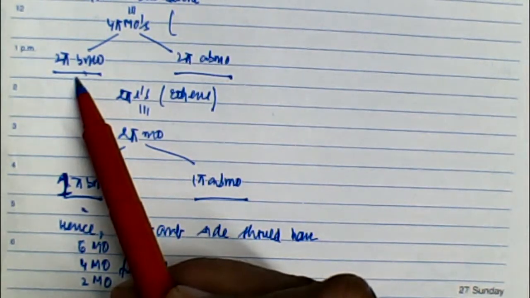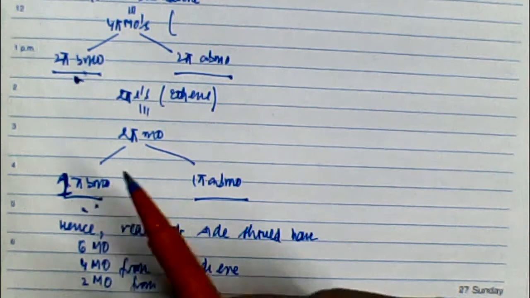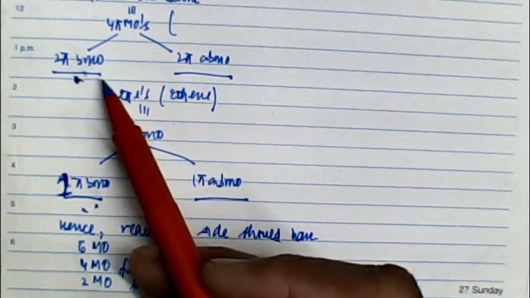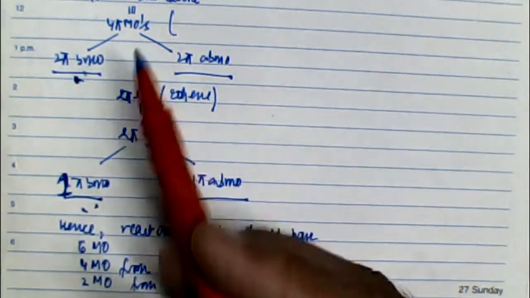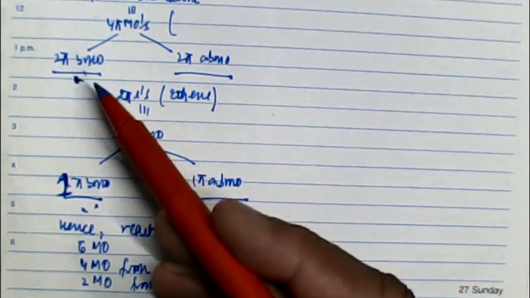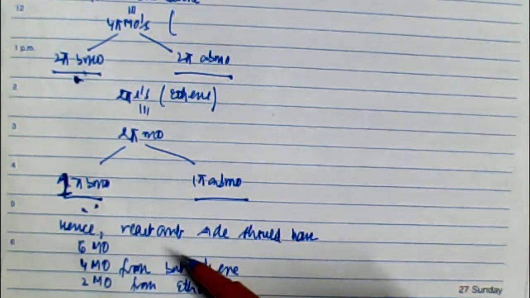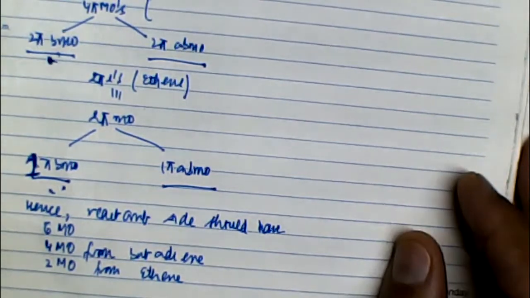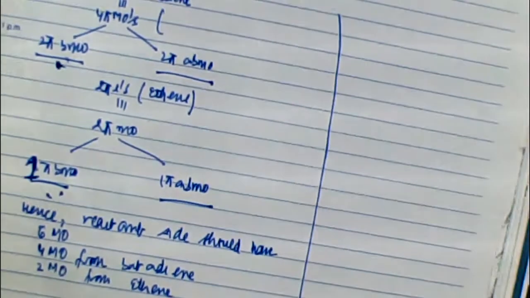Now next in energy is either butadiene's psi2 or ethene's pi1. Butadiene's psi2 has 1 node, while pi of ethene has no node. Now we can vary this. We can place either butadiene's psi2 above pi, and it will not change the overall course of the reaction. We'll discuss them very soon once we draw the molecular orbitals. And once you draw the molecular orbitals, let's see how on the product side we should draw the molecular orbitals.